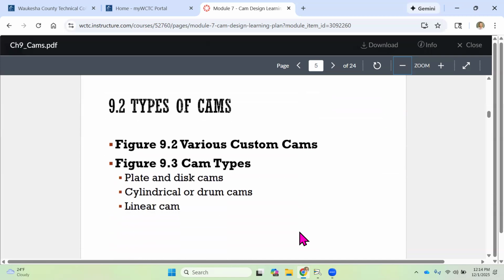Okay. Now, as you can imagine, there are a lot of different types of cams. Okay. And we're going to look at three main types. Okay. So if we look first at